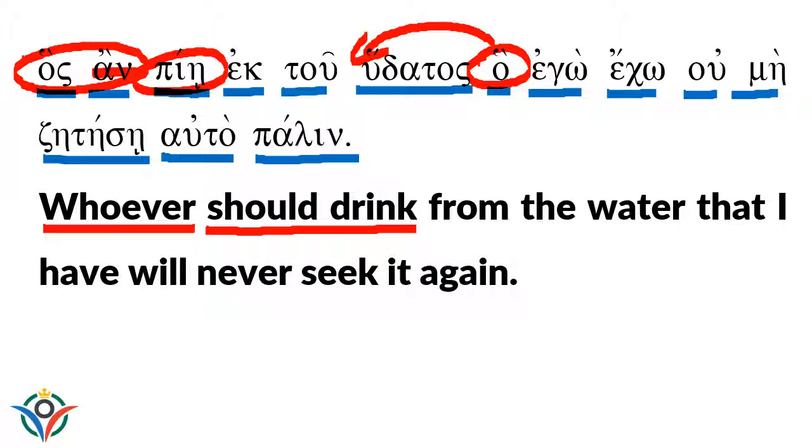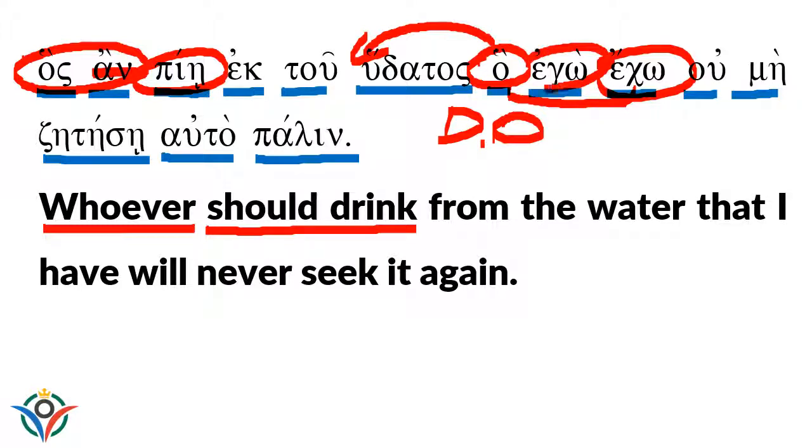So if it doesn't refer back to hudatos, how is it functioning in this sentence? Well, it actually is functioning as the direct object of the verb echo, because it's in the accusative case. So it's a direct object of the verb echo,